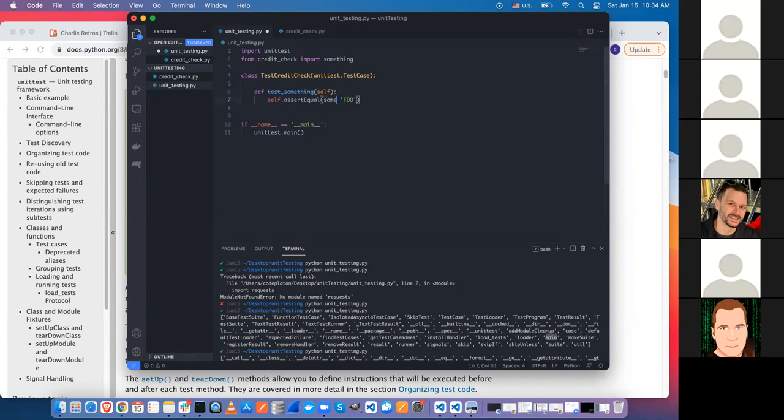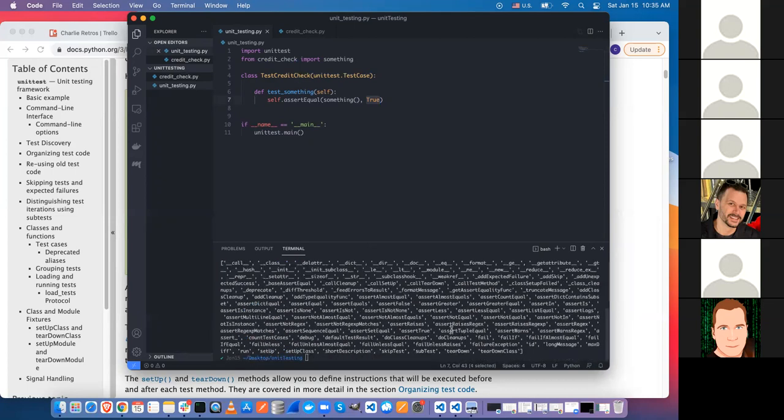I can tell just by looking at it and making an educated guess that something like this should work. So I'm importing this function, the something function. I'm calling it here, and then I'm saying it should equal true. All right, so how do I run this? There's actually a few ways you can do it, but I'll just call this directly. So python unit testing.py,